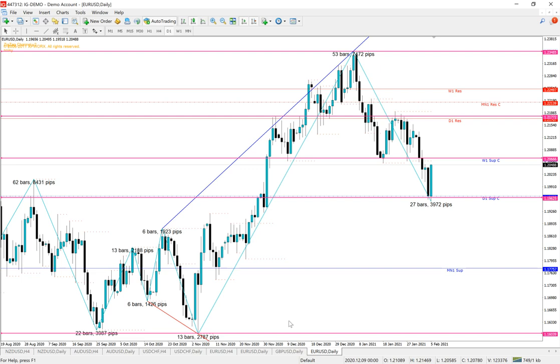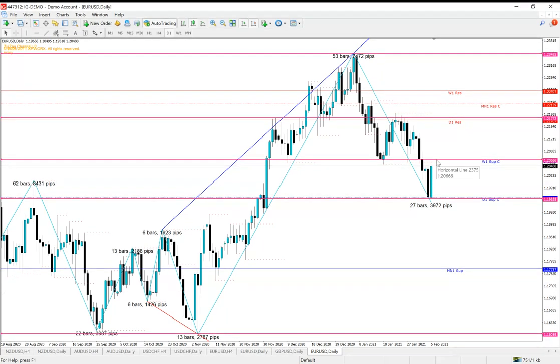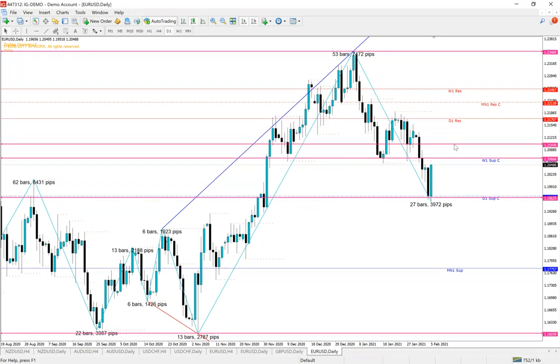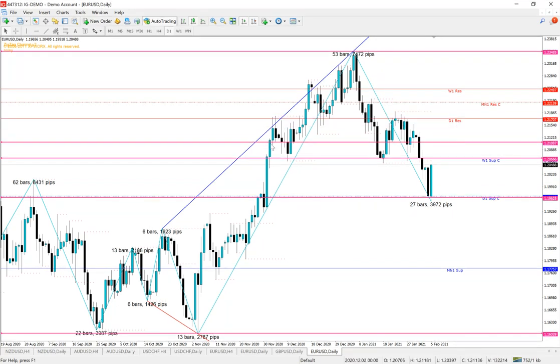Once that happens, and yes, you may miss out on some pips, that is a good indication that price is indeed headed in the direction that you're going, whether it's up or down. Okay, so if price breaks above here, then we can expect